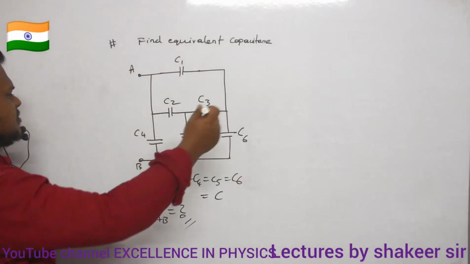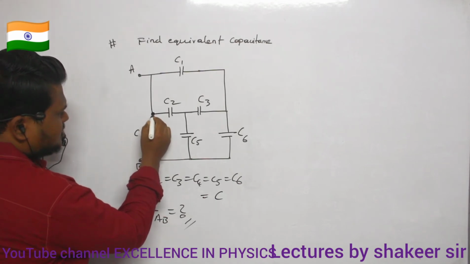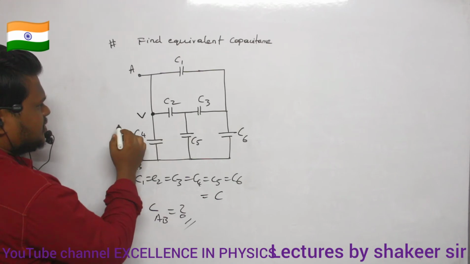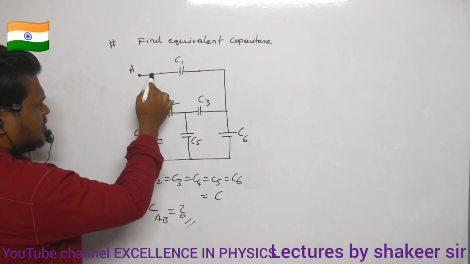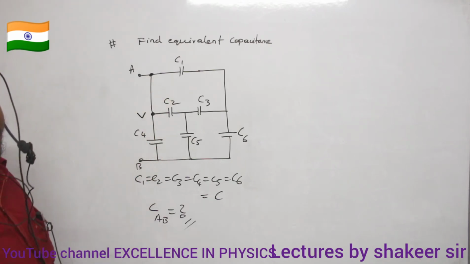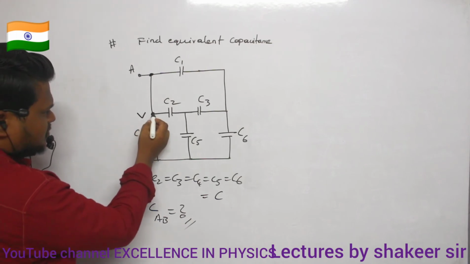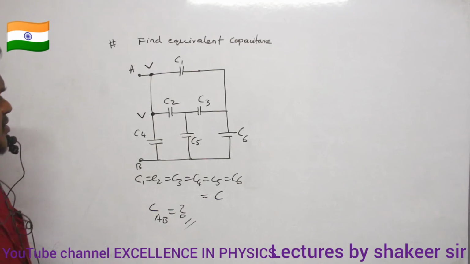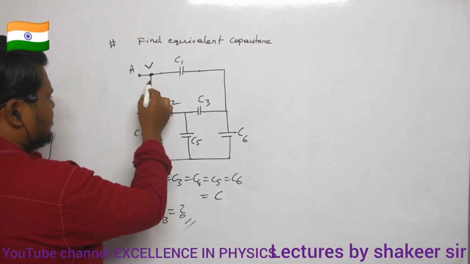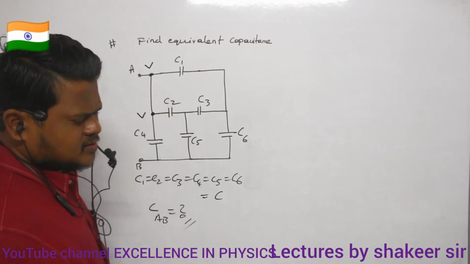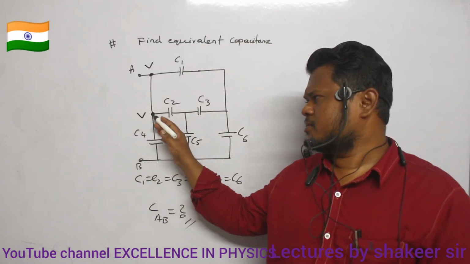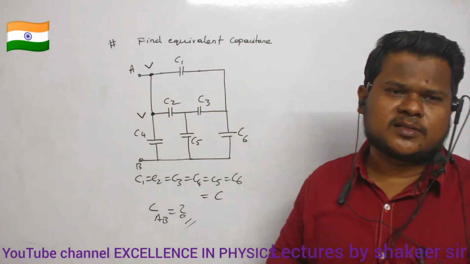Let us see. See, here if the potential of point P is V, and the potential of this point is V, then what is the potential of this point? Can you see? If this one is V, the potential of this point is also V, definitely. Are you able to understand? Okay. Because in between these two points, there is no component, there is no resistor, there is no capacitor. Clear? So definitely whatever potential exists here, the same will exist at that point also.